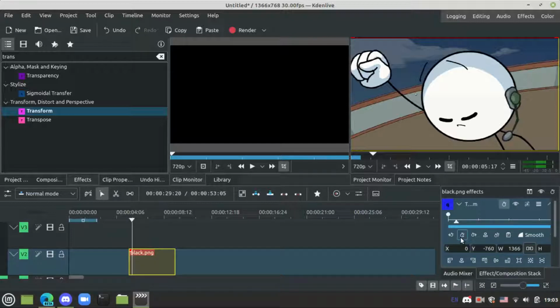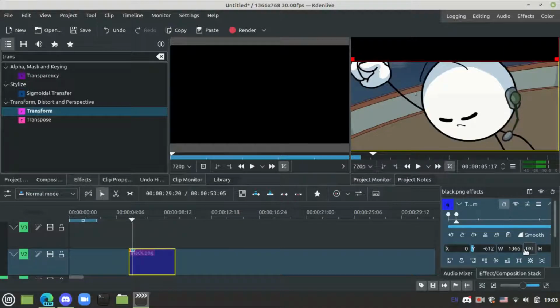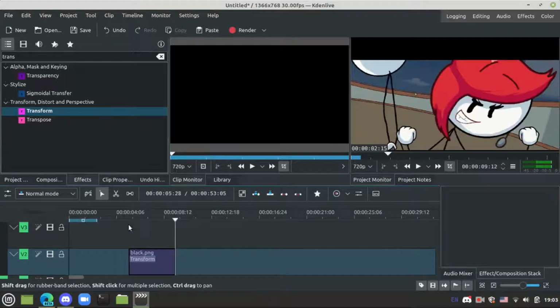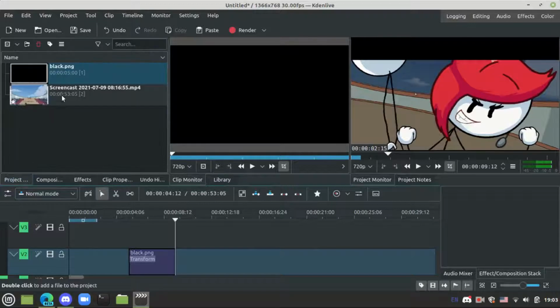Okay, we're gonna add new keyframe, linear, discrete, smooth. Okay, and then we're gonna add another